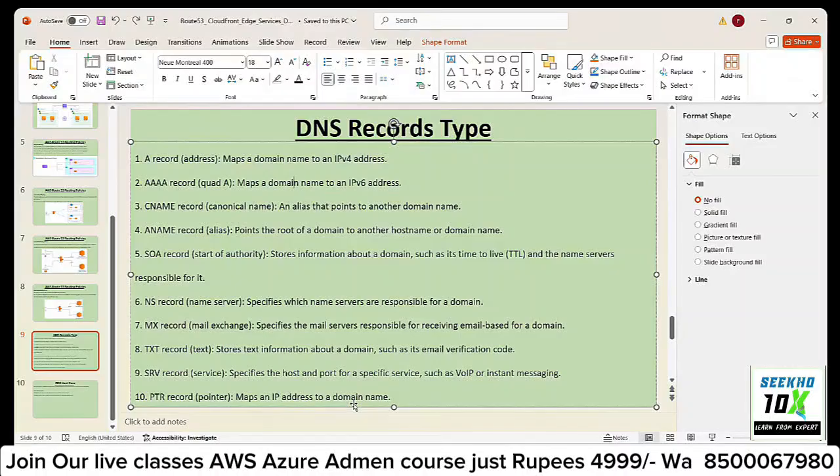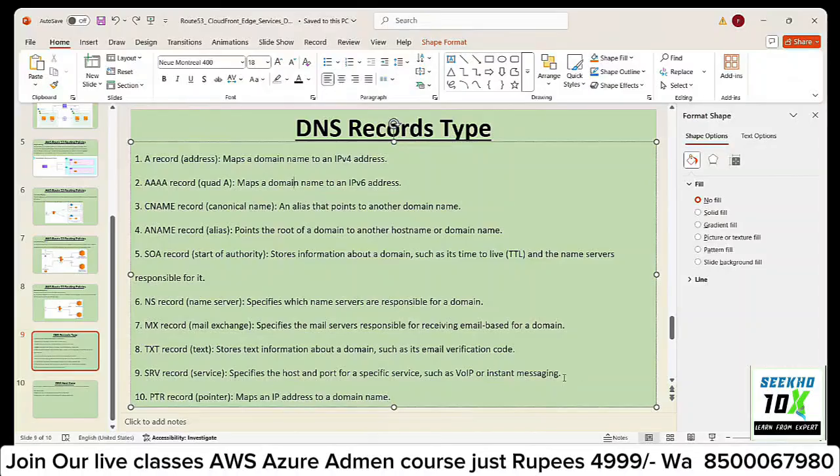The TXT record stores text information about the domain, such as email verification codes. And if you are going for VoIP, Voice over IP, where you use a VoIP device to communicate within or outside of your network, at that time you have SRV records.